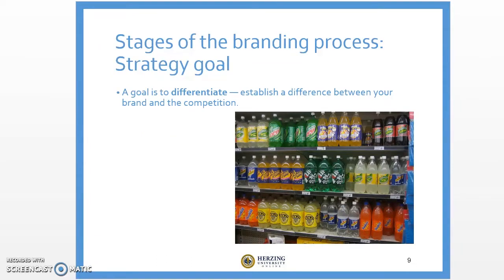Stages of the branding process would be the strategy goal. A goal is to differentiate, establish a difference between your brand and the competition. And we can most definitely see this really clearly at any store that we go into where there's a number of different types of products and they're all fighting for your attention and they all have their own different type